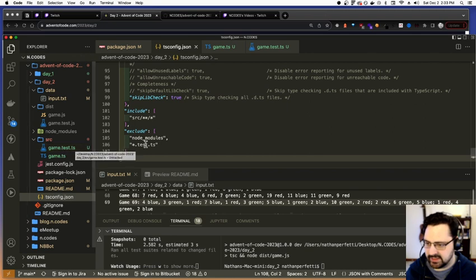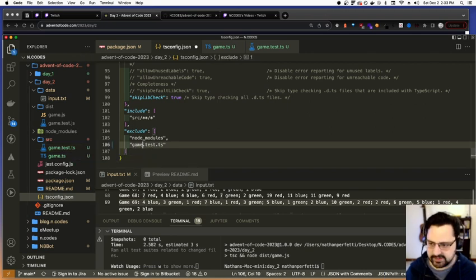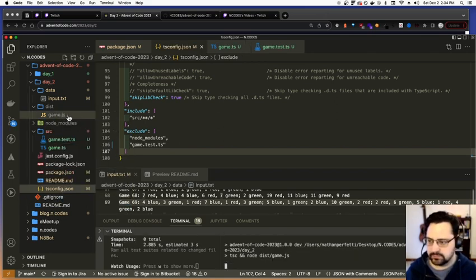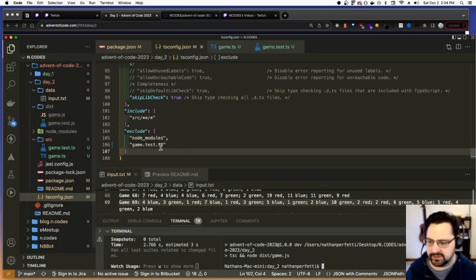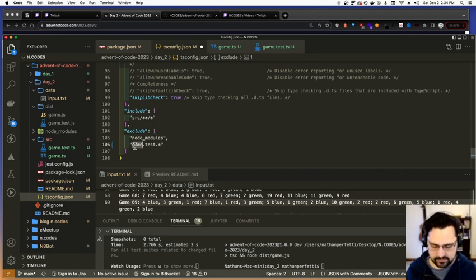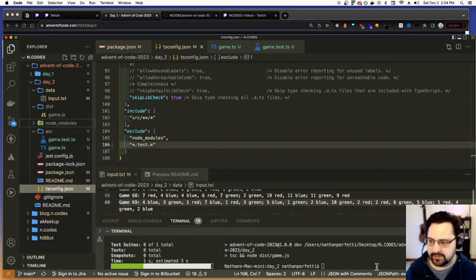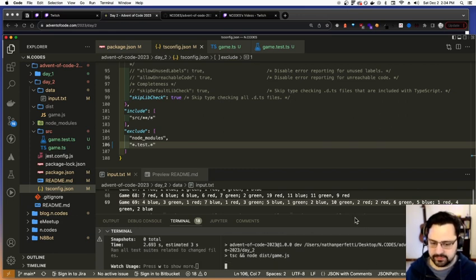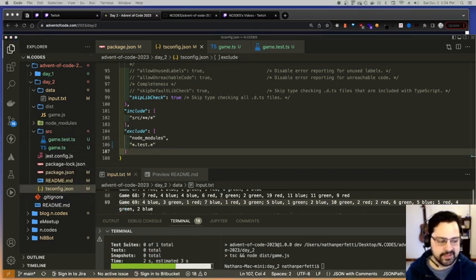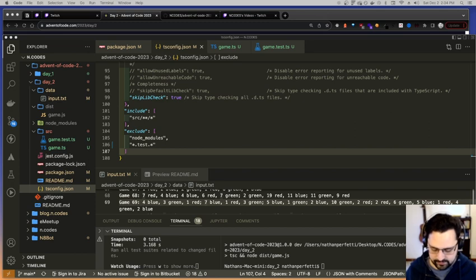Let's see. It is test. What if I did it like this? Game.test. Still compiled. Game.test. Whatever. Whatever. Let's see what happens. Compile that. Still compiled. Let's see. Why is this not getting excluded? I think my problem is